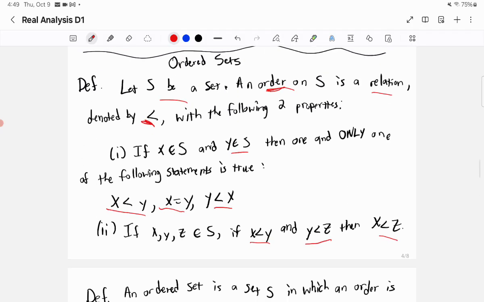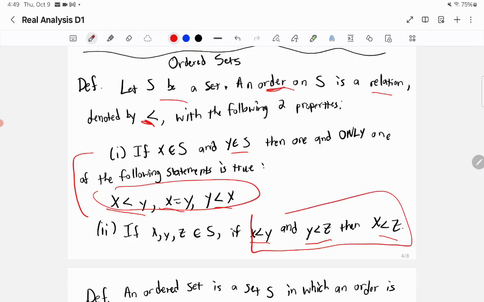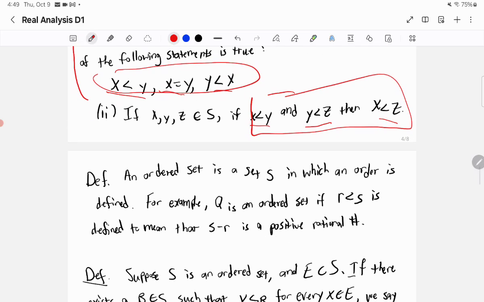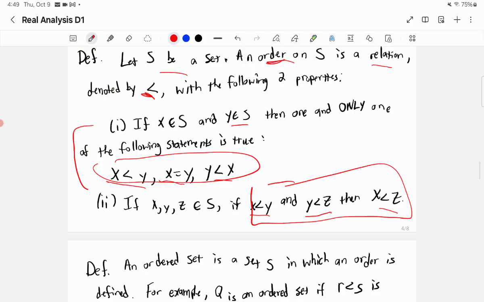Okay, so if those two properties hold, if we have the fact that only one of these statements is true, and we have the transitive property that we have here, then there is an order on the set S. So you can imagine sets that don't have an order, right? If you had some numbers as an example, just going directly to